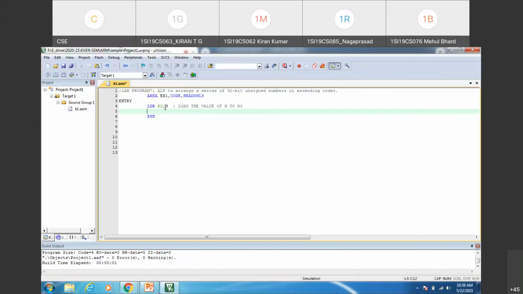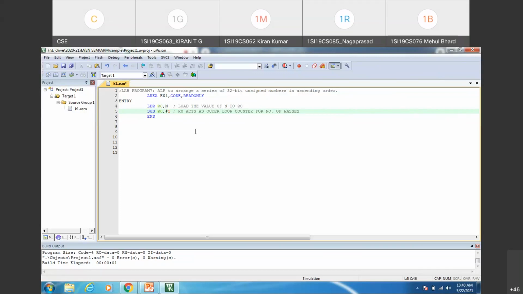So first what we have done, we have taken the size of the array in the R0 register. Now we shall decrement the content of the R0 register by 1. Since there are n elements in the array, n minus 1 passes are sufficient. So what we'll do is we'll subtract, SUB R0, comma, hash 1. So here what we can give as comment is R0 acts as counter, the outer loop counter, for the number of passes. Right. So we are using R0 as a counter, outer loop counter you can say, for number of passes.